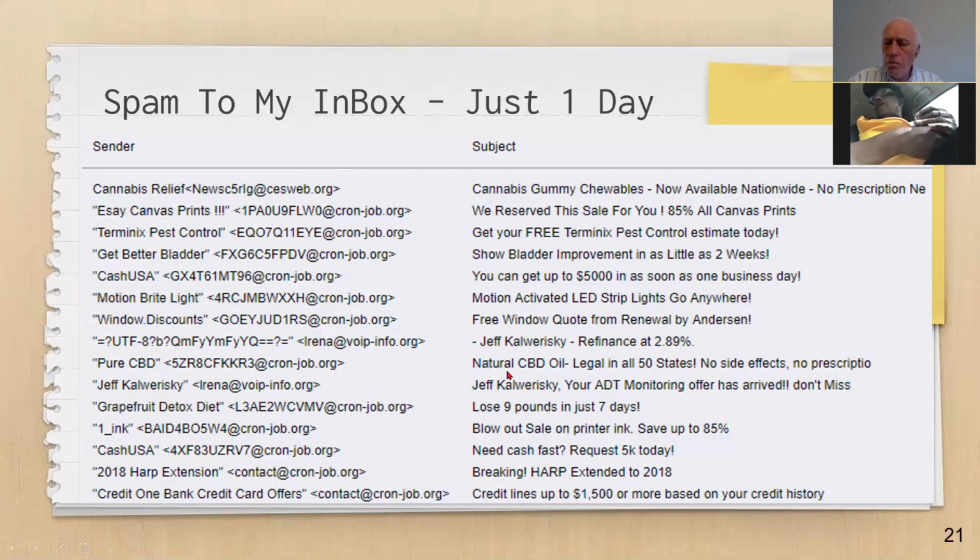So should we not give out our email addresses so easily? Well, remember I said to you, look around the poker table. If you don't know who the sucker is, it's you. So the question that I ask you is, do you have a Gmail address? Yes. Okay, so how much did you pay for the Gmail address? Nothing. Every time you send an email, how much do you pay for the email? Nothing. Remember in the old days when we sent a letter, you had to buy a stamp from Uncle Sam and put it on the letter. Otherwise, they won't deliver the letter. But Gmail, it's all free.